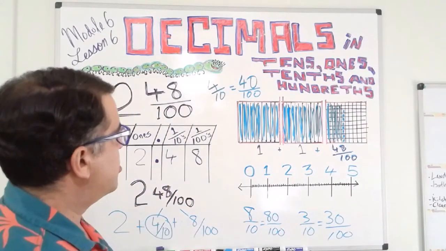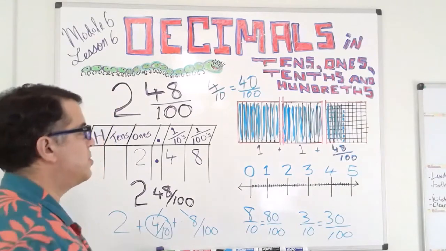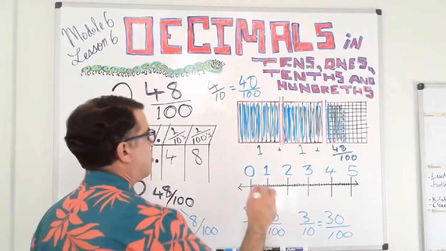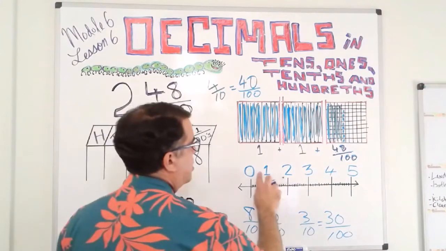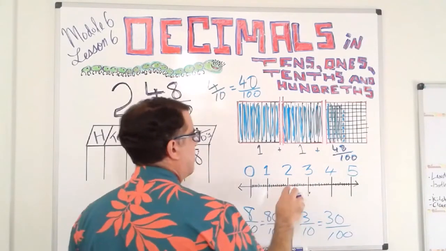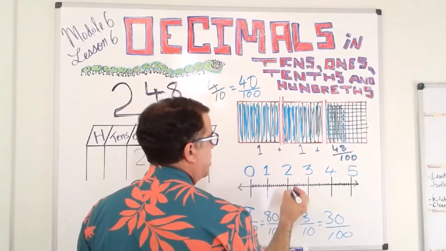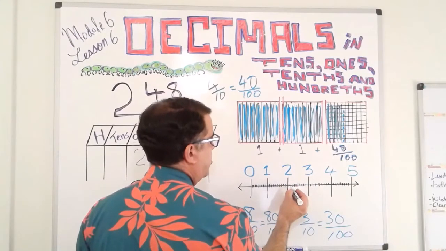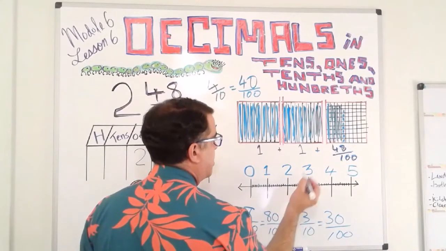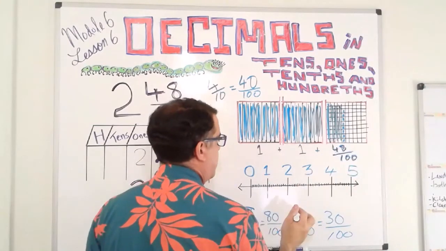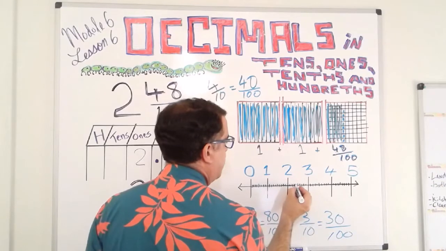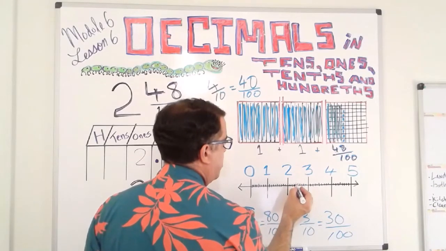Now, there are some tricky ones. When you look at them, it doesn't make sense. Before I do that, though, let's go ahead and do the number line. If we are talking about 2 and 48 hundredths, here are my whole numbers at the top up to 5. So I have 2 and then 48 hundredths. This gets a little tricky because, remember, we're actually talking about 4 tenths plus 8 hundredths. So that's 1, 2, 3, 4. So we're in this neighborhood right here